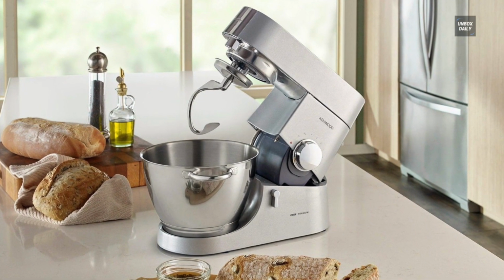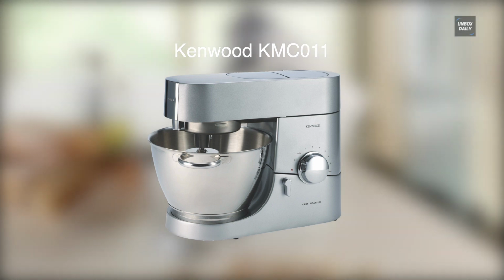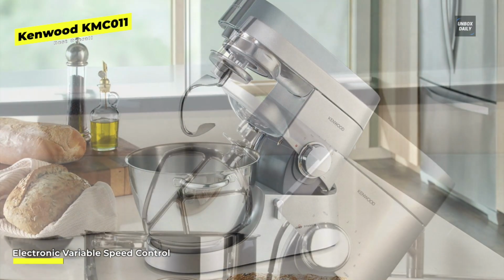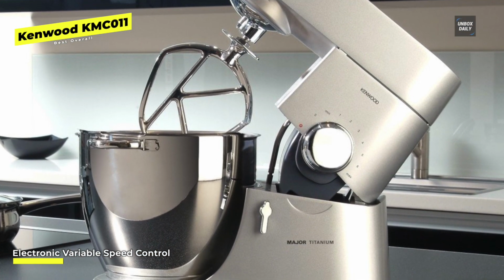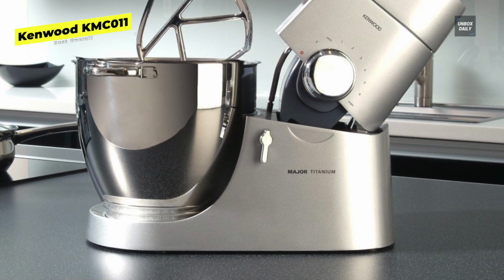Best overall, Kenwood KMC011. This is the ideal size for the counter, and everything can be prepared fast and on schedule in accordance with the recipes. This mixer's design is particularly appealing for contemporary kitchens. Some of its parts can be put into the dishwasher, and its silver body is incredibly easy to clean with no nooks or crannies. The bowl is wide and deep enough for most tasks, although it occasionally rattles at